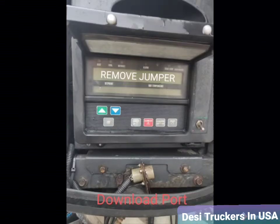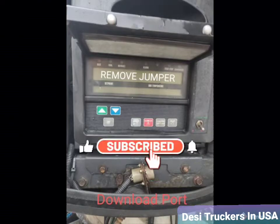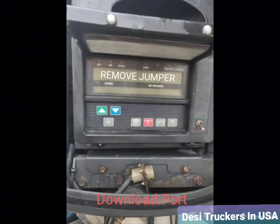Today I'm going to share some information about the carrier unit. If you ever turn on the carrier unit and you see a remove jumper on your screen after a pre-trip, what is that for and how can we get rid of it? As you can see on the screen, I type in a remove jumper. This is how it's going to look like, and at the bottom of that picture you can see a download